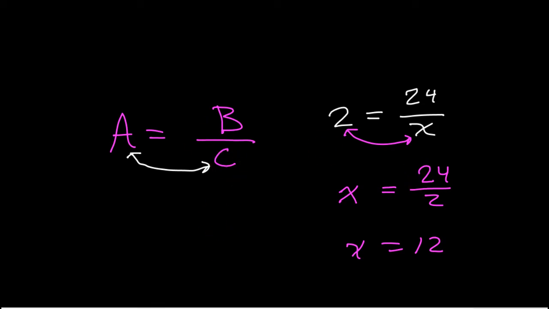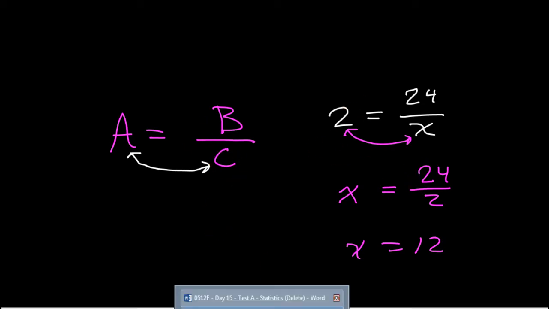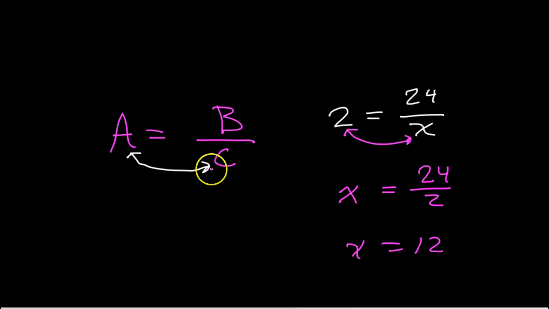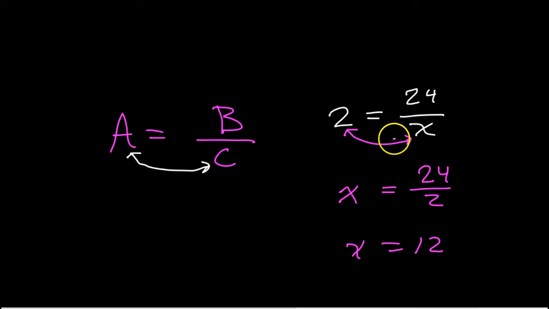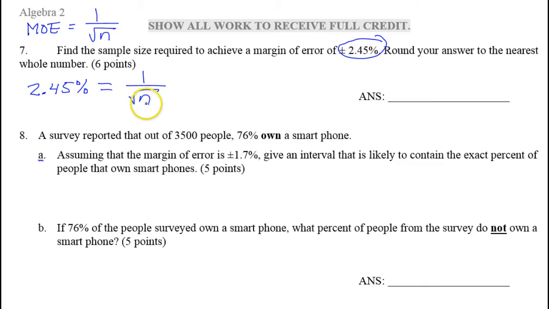I learned that a long time ago, and it's not something I find taught in classes very often, but they teach us all kinds of other shortcuts and tricks and rules. For me, this one has been super useful. I use it all the time. Anytime I see a variable on the bottom, I look to see if I can do that swap. So this is one of those times. If I swap these out, then now I've got the square root of n is equal to 1 over